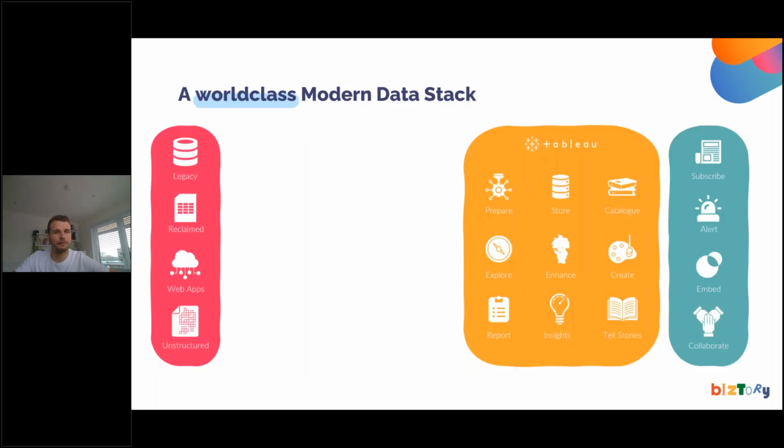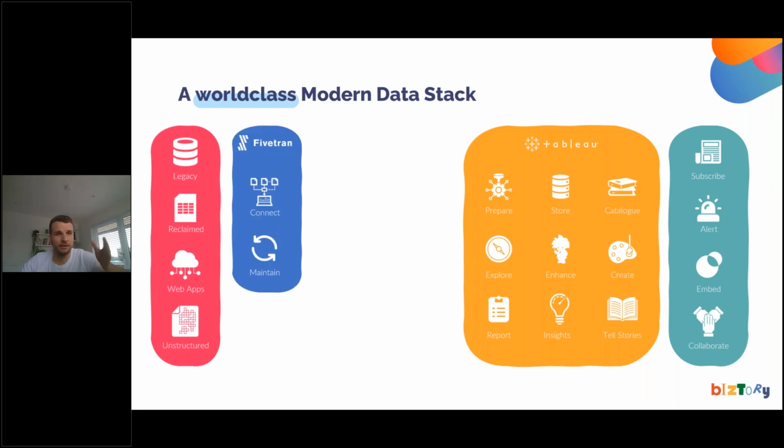And so just to read back what I've said to you then, the before state for Biztory was this. We were used to having people that had lots of data in lots of different places. We were used to telling them that Tableau would fix lots of those problems, that they could visualize and do analytics within Tableau, and ultimately get to these end goals that you can see on the right-hand side of your screen. But the bit that we felt was missing and the bit we've added is these three